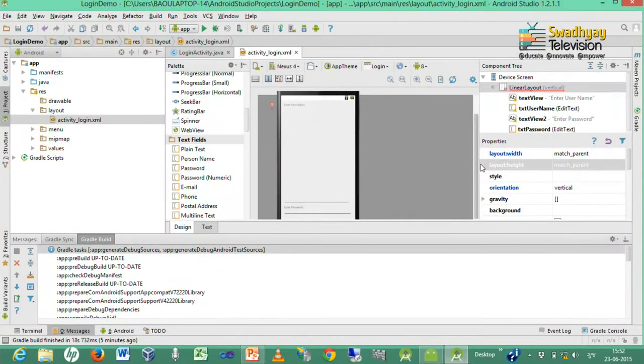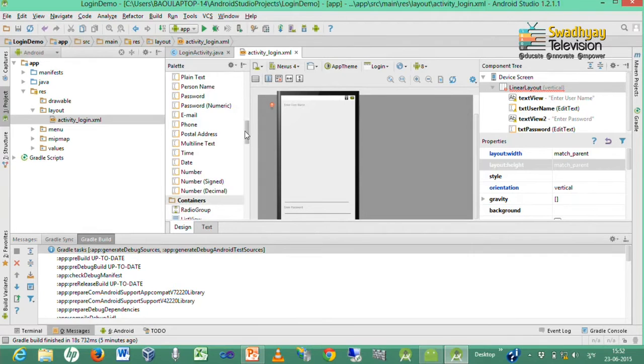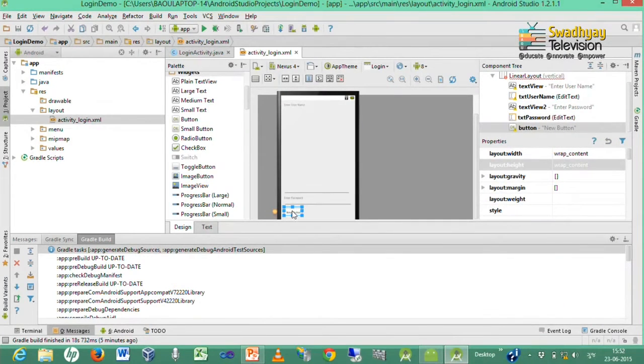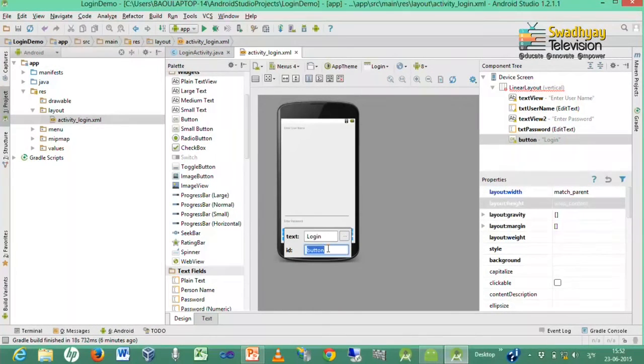Now, we drag one more control, a button, and rename it to login, and its ID should be btn login.